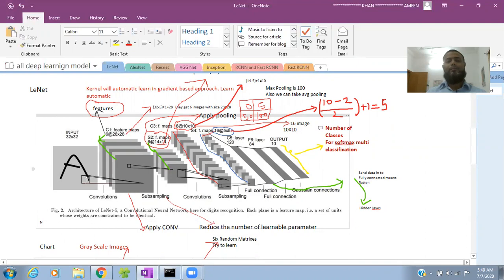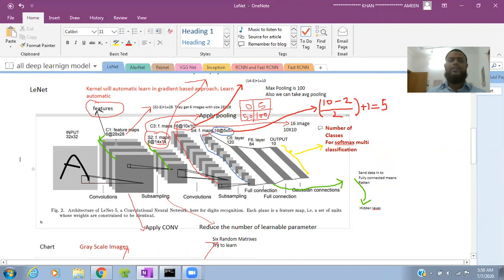After that, they pass it to the convolutional layer. Convolutional is nothing but passing it through the filter. After the convolution, this part is called the convolutional layer, and they pass the filter, so it becomes 28 into 28 and 6.